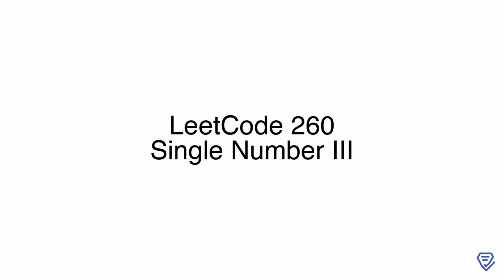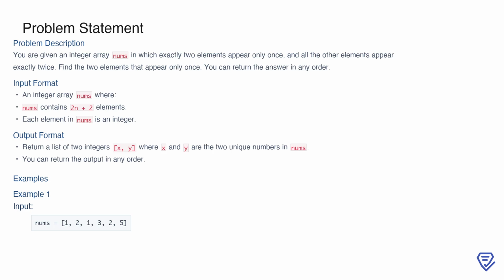Let's get started. In this problem, you're given an integer array called nums. Within this array, there are exactly two elements that appear only once, while every other element appears exactly twice. The task is to find these two unique elements and return them as a list. The order of the two numbers in the output doesn't matter, so x, y and y, x are both acceptable